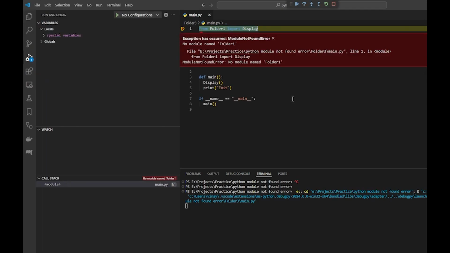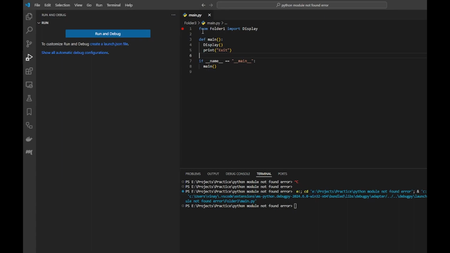I have the debugger point here and I got the exception. As I stated earlier, exception has occurred, module not found error, no module named folder1. Now why is this particular exception occurring? Now let's look at the